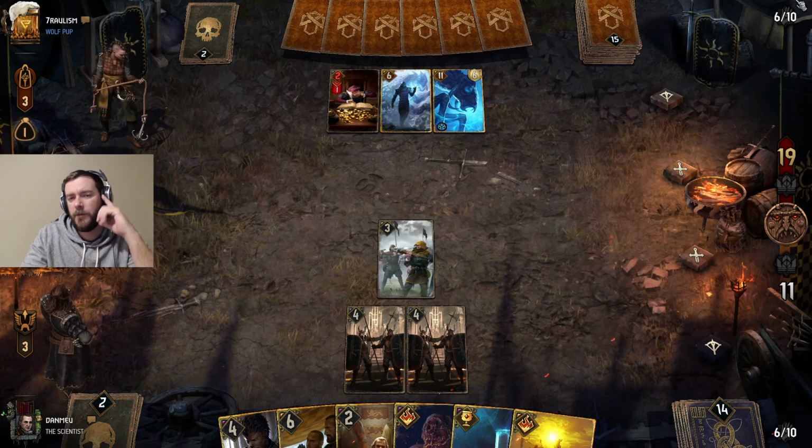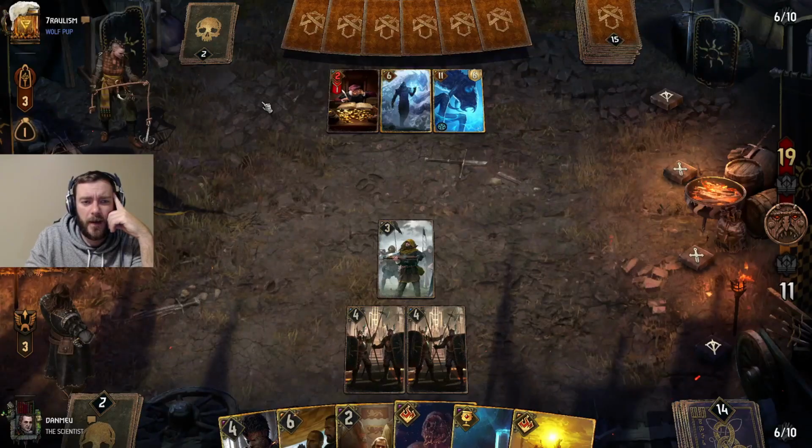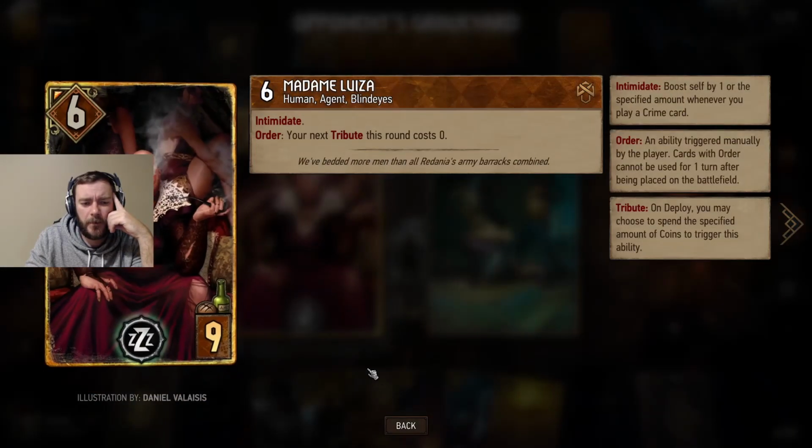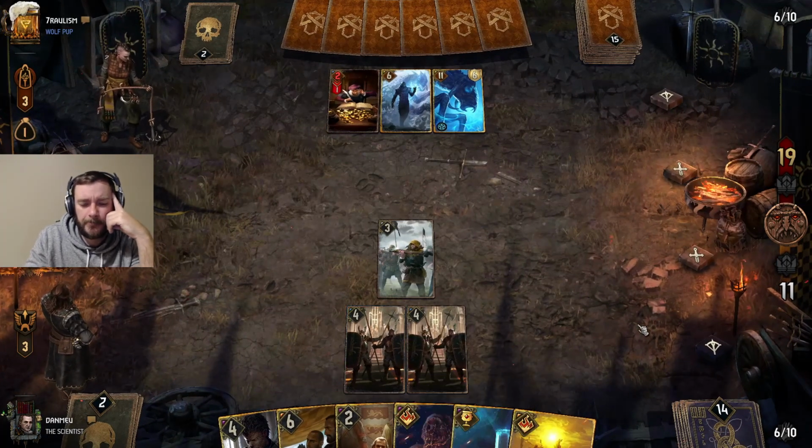Now, we'll see what my opponent does. He's already committed quite a few provisions with this, at 9. Is this also at 9? So this is possibly a Ciri deck. No,